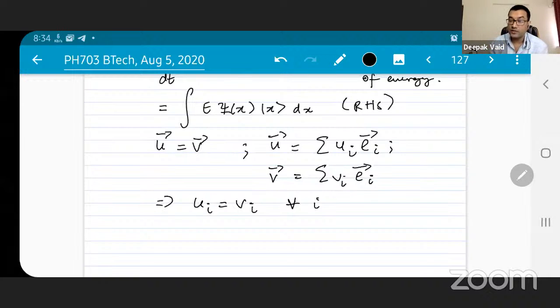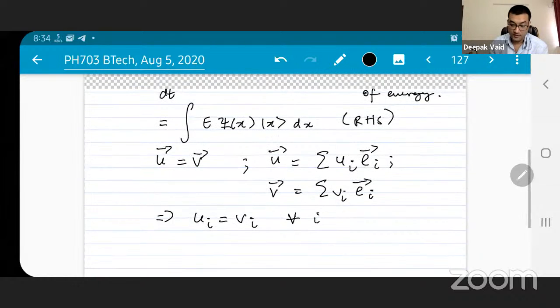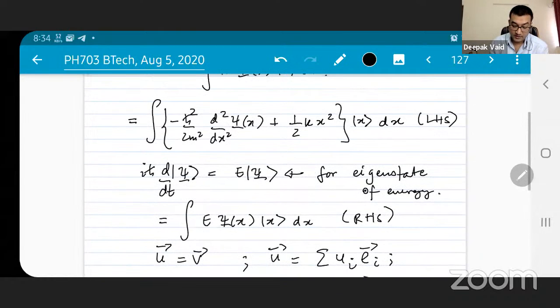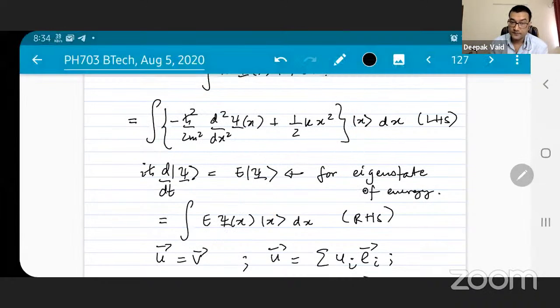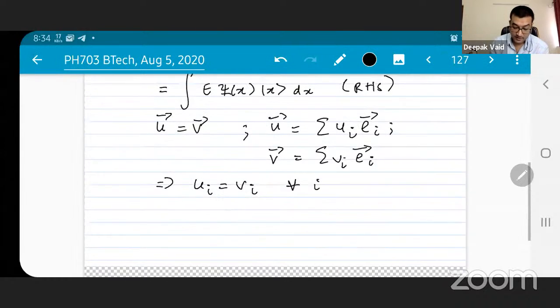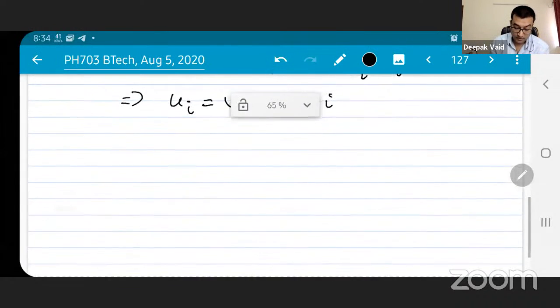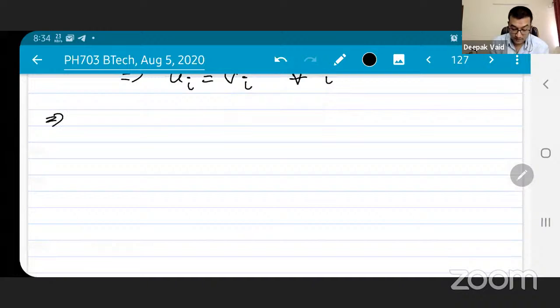Each component has to be equal to the corresponding component. So this means that I can set this quantity in brackets equal to this quantity here, right? So I can write this expression minus